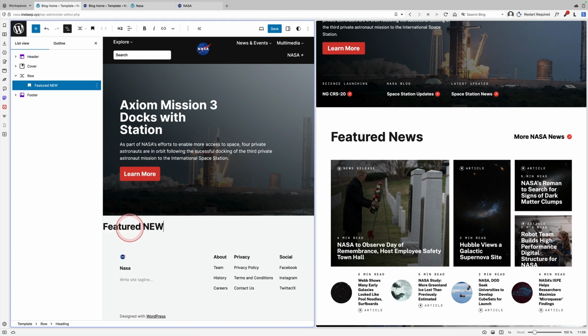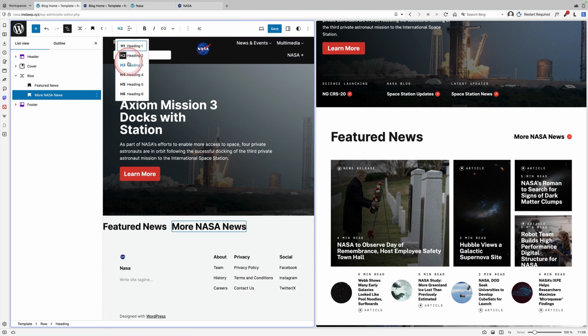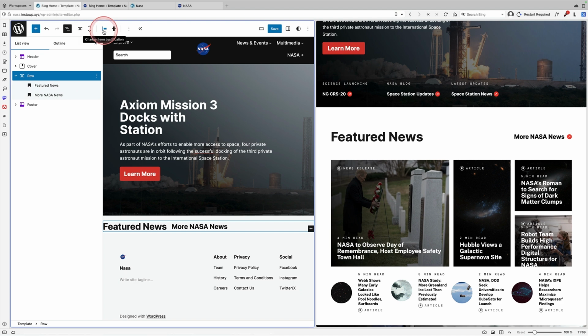There's the block. And then all I need to do, because I'm using the row block, is hit return and type the rest of it. And that is also a heading. So I'm just going to select the little paragraph option up there, choose heading, and I'm going to choose, it looks like probably a heading 3. And then I just select the row container and come to this option here, and I can actually just turn this into flex, and immediately it goes to where I want.